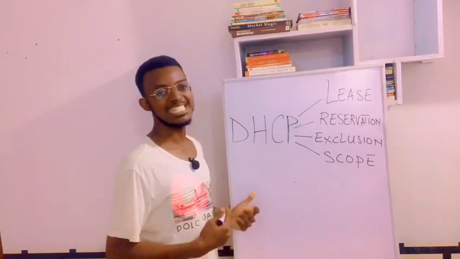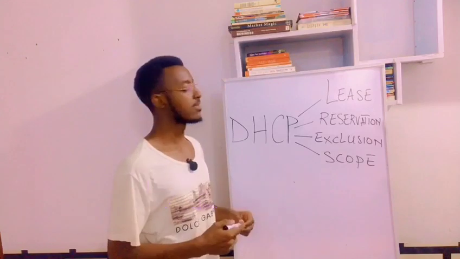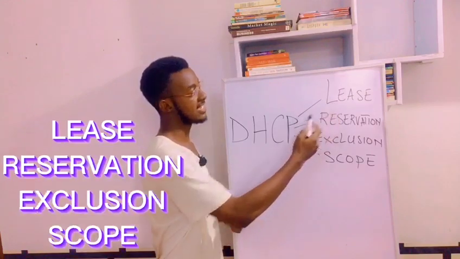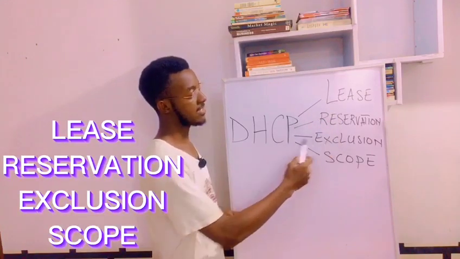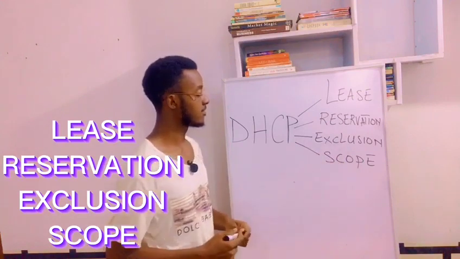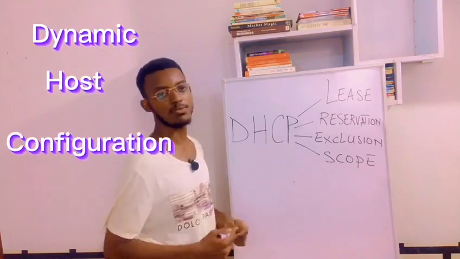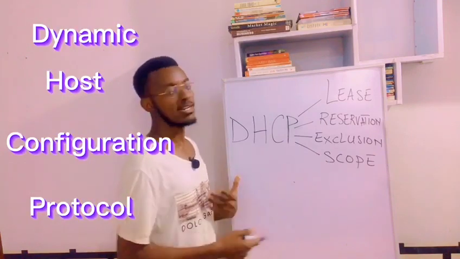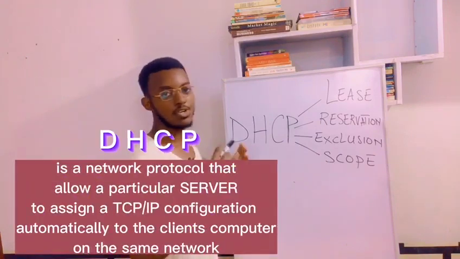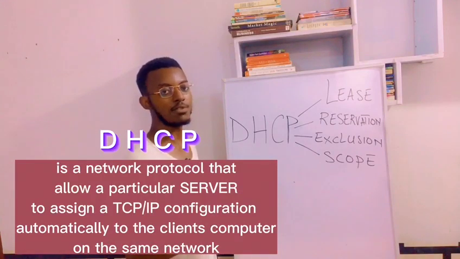We're gonna talk about DHCP, the different types of DHCP. We have DHCP lease, DHCP reservation, DHCP exclusion, and DHCP scope. So DHCP itself stands for Dynamic Host Configuration Protocol. DHCP is a networking protocol that allows a particular server to assign a TCP configuration automatically to the client computers